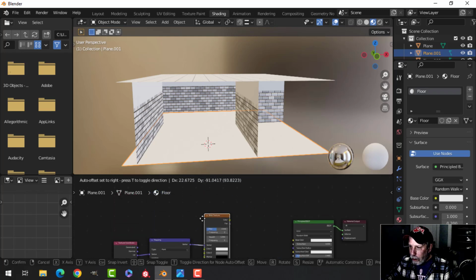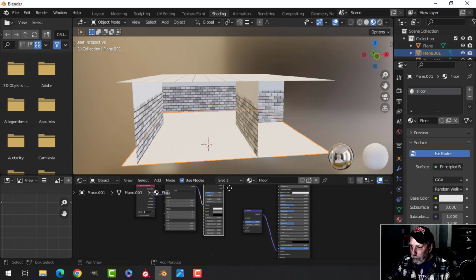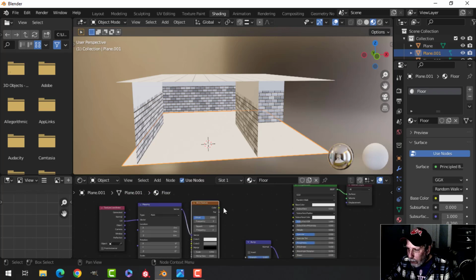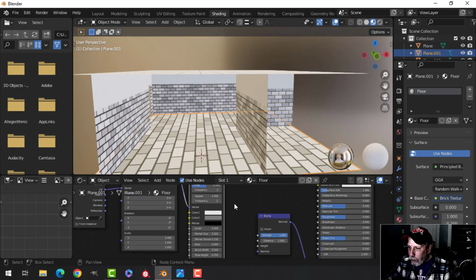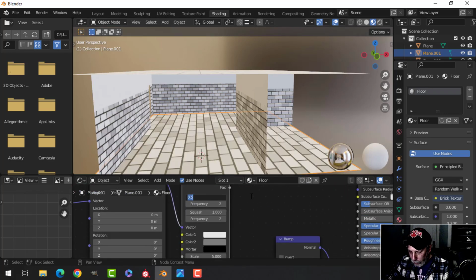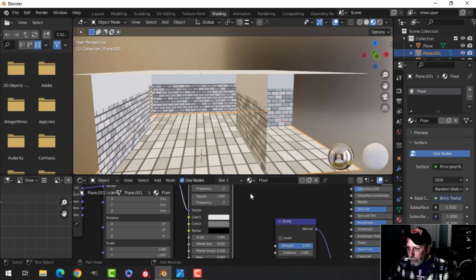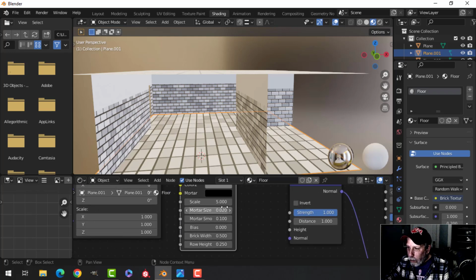Just make it a little bit easier to start again for that one, and I'll plug that into here, and we'll just redo that. So the offset is going to be 0. And the mortar size is going to be 0.01